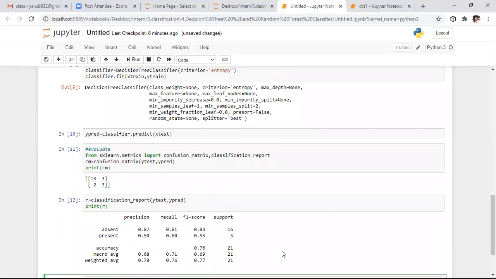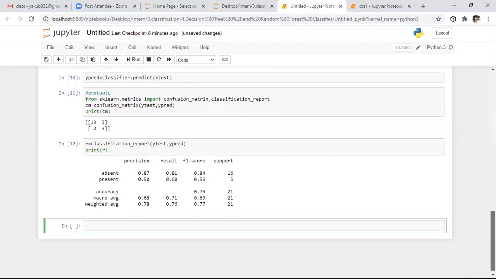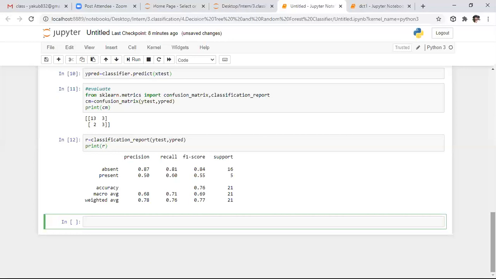So here, to visualize this data in a graphical manner, if you want to see the decision tree, initially we need to install this PyDot module. So here PyDot is a module. If you install this module, you can visualize the decision tree also. Whatever the tree plot is by default at the back end, you can see that tree also.